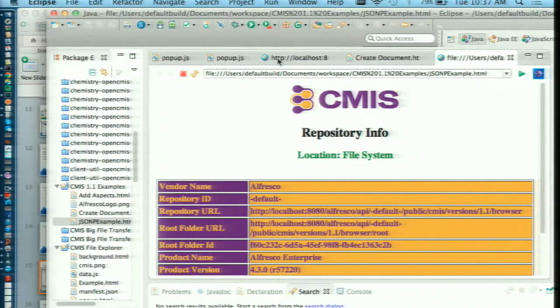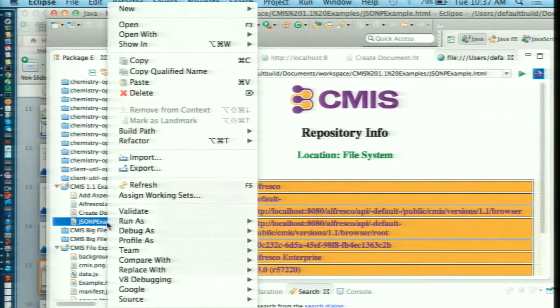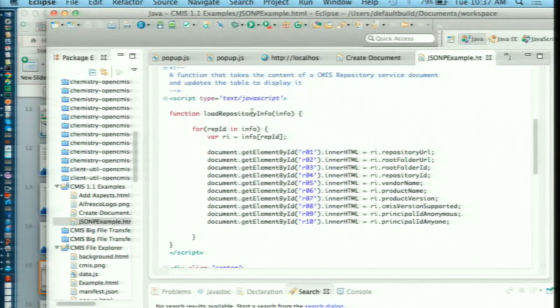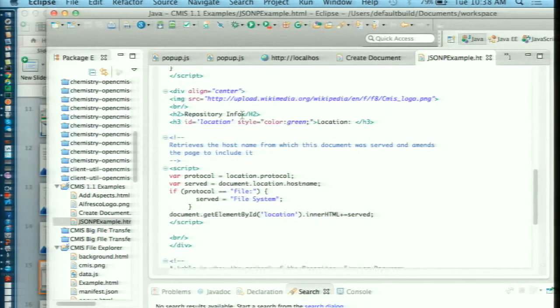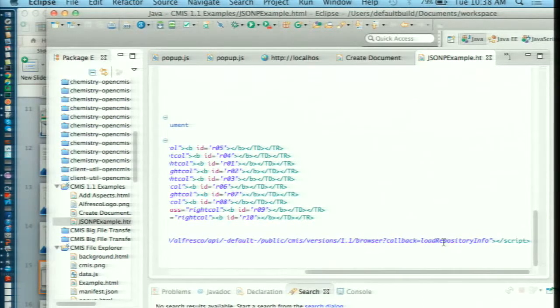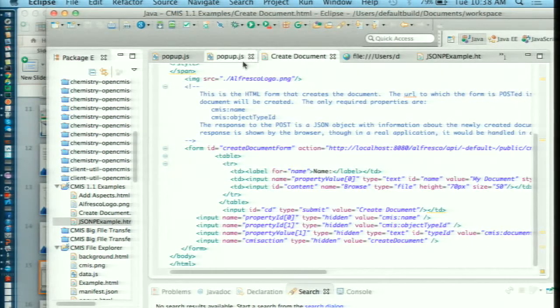Inside of this page, all I'm doing is I have a JavaScript function that knows how to build this table, and I'm passing the name of that function to Alfresco. It's answering me back a JavaScript object inside of a call to that function. So if I look at the HTML for that, I could see this is my document that understands how to get back the information it gets back from Alfresco. And all I'm doing when I get the information is passing that as a callback parameter into the repository. That callback parameter just instructs Alfresco to return that in a certain format. So, to actually prove that this is doing something real,